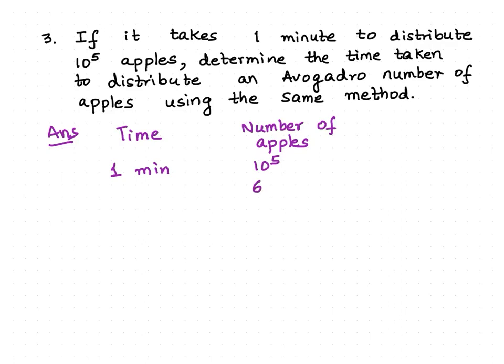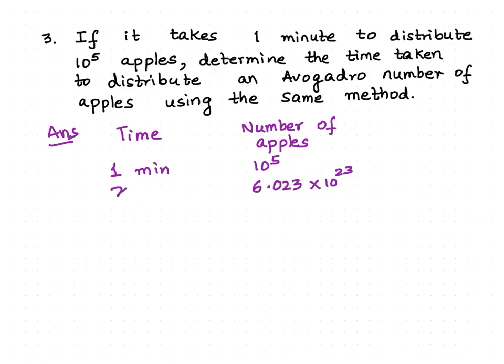So now what is the Avogadro number? You can take it as 6.023 into 10 to the power 23, or if the question advises, you can also take it as 6 into 10 to the power 23. Because it has not been specified that we take it as 6 into 10 to the power 23, I am going to take it as the original value.